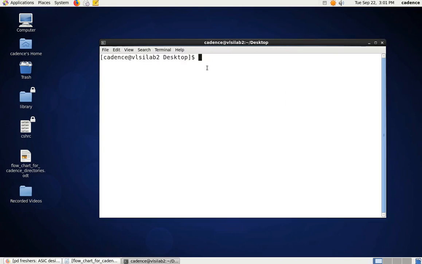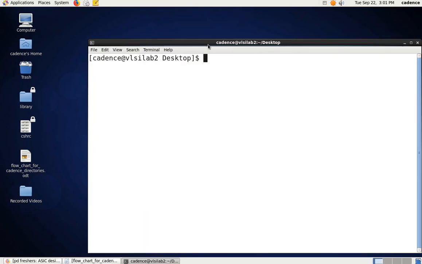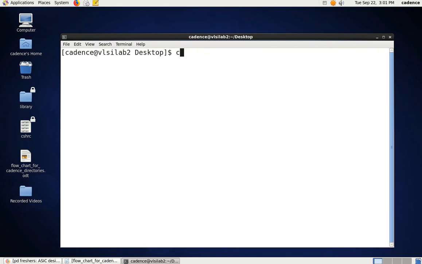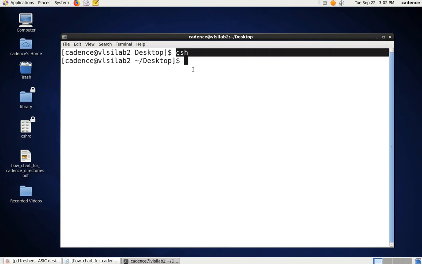In this, the first command is csh. csh stands for C shell. It is basically to support the Cadence application, that means to run your Cadence application on the kernel. It creates a bridge.